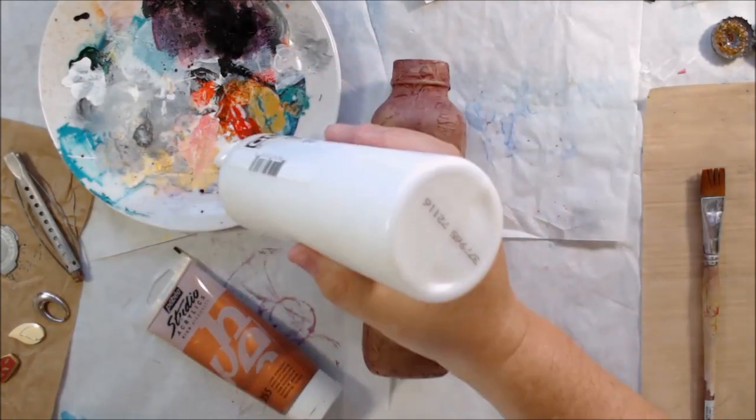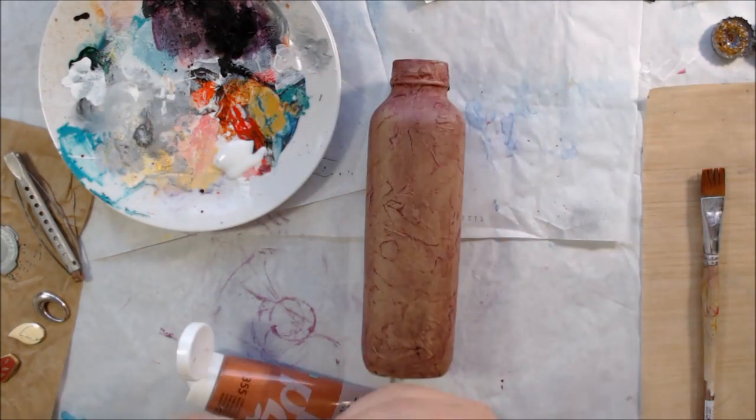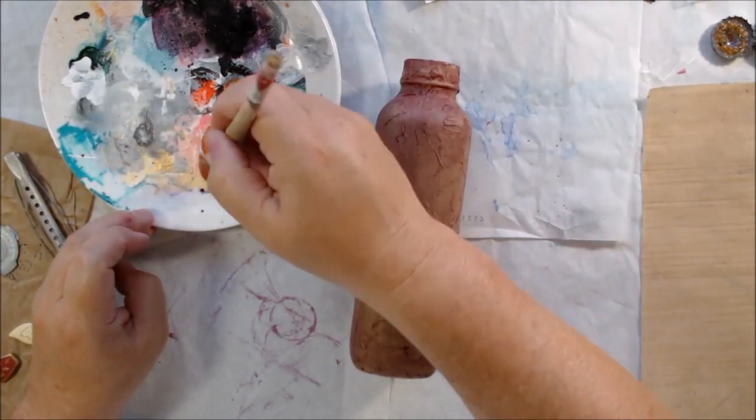So I had to set all those aside and let them dry. It would have been great if I could have let them dry overnight. That would have been great, but I didn't. So